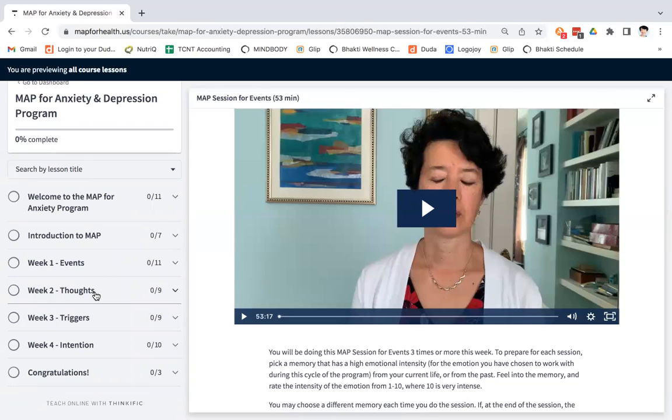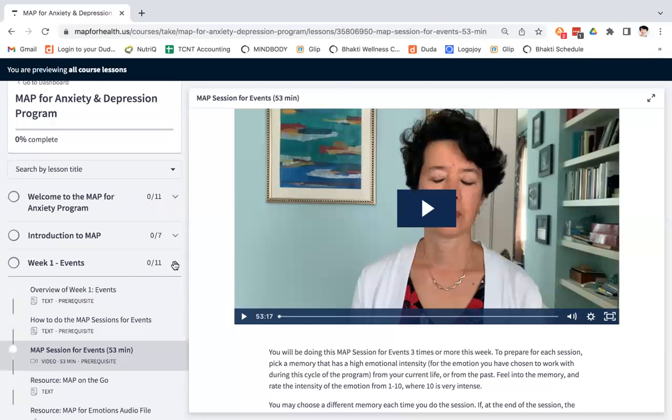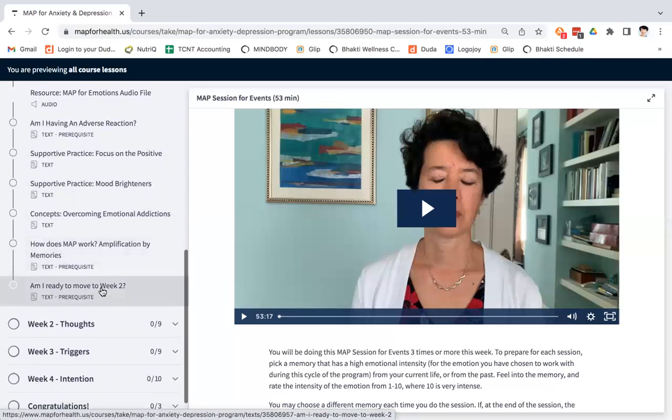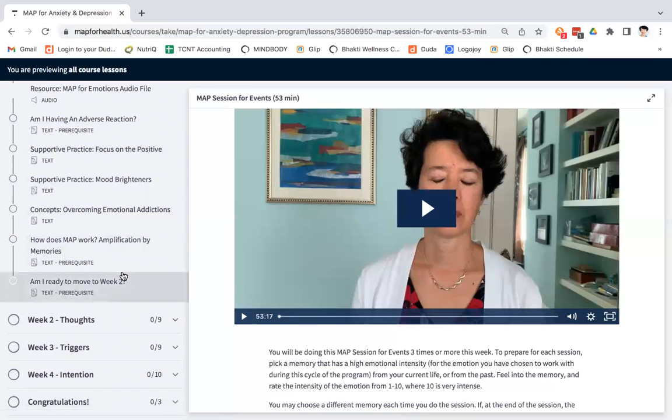You can think of those as stages rather than weeks, since this is a self-paced program. The normal pace of the program would be to do 3 sessions per week. But not everyone will have the time to do that, and not everyone will have the time to do that consistently. So it's perfectly fine to move through the program more slowly or more quickly. So you can think of these as stages, as long as you complete all of the activities for stage 1 before you move to stage 2.